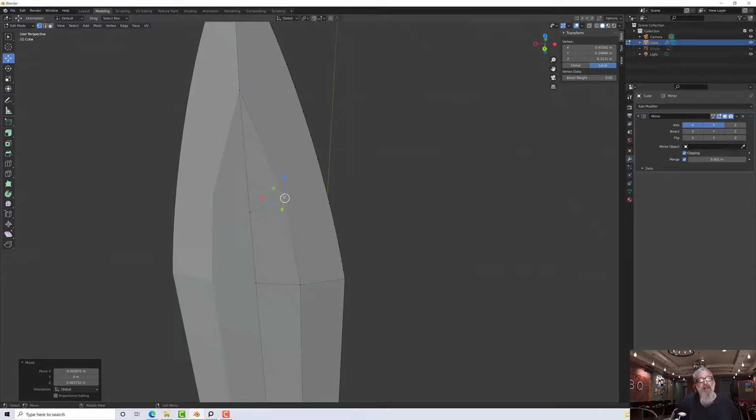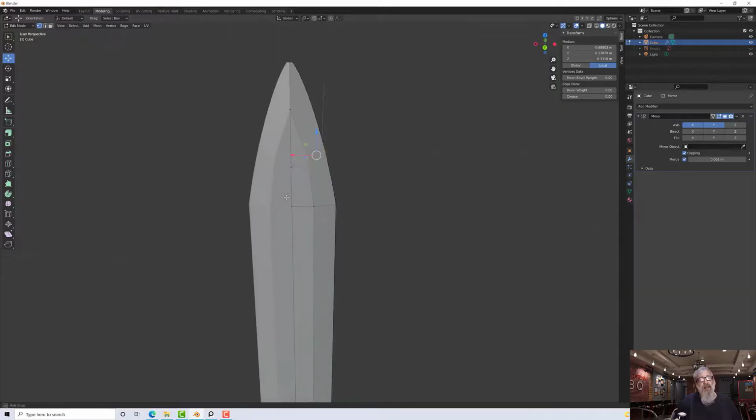It's kind of nearest sensible vertex. So let's use K, and I'll select that vertex and move it over, and then press enter. And now we've got two ngons,